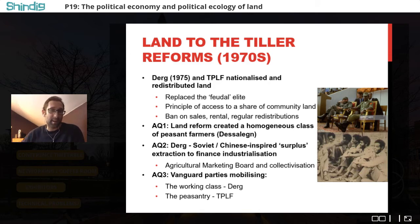nationalizations in liberated parts of Tigray, targeting what they described as the feudal elite, redistributing holding rights. You don't have rights to any particular plot of land, but you're given a right to a share of community land. And to do that, land policy basically banned sales, quite severely restricted rentals, and instituted regular land redistributions to take account of